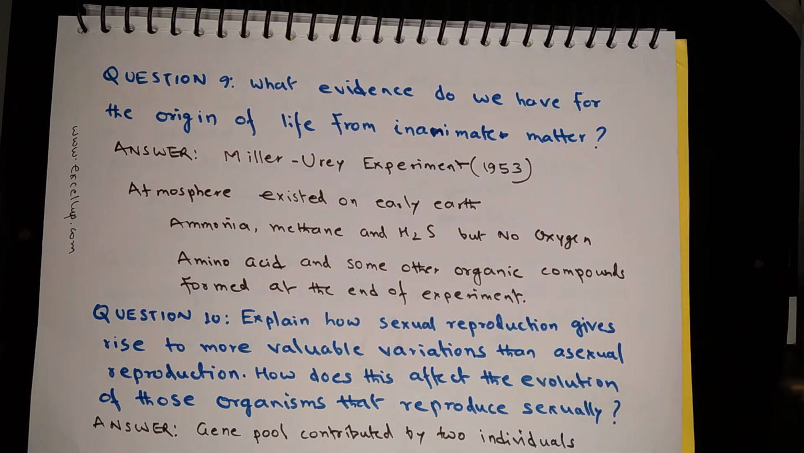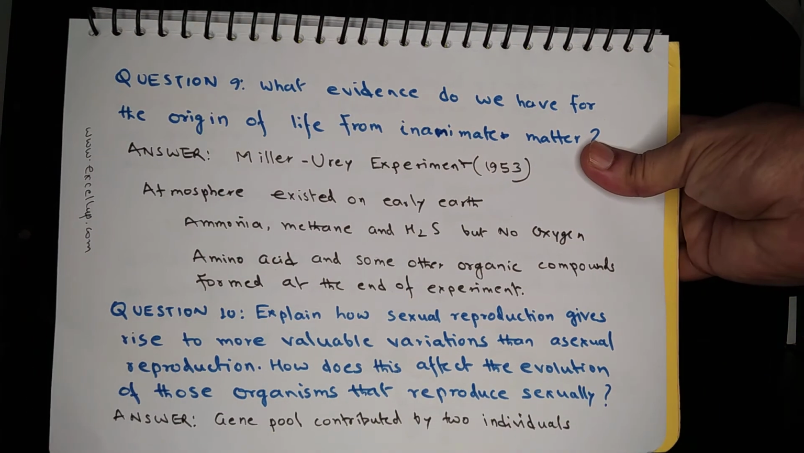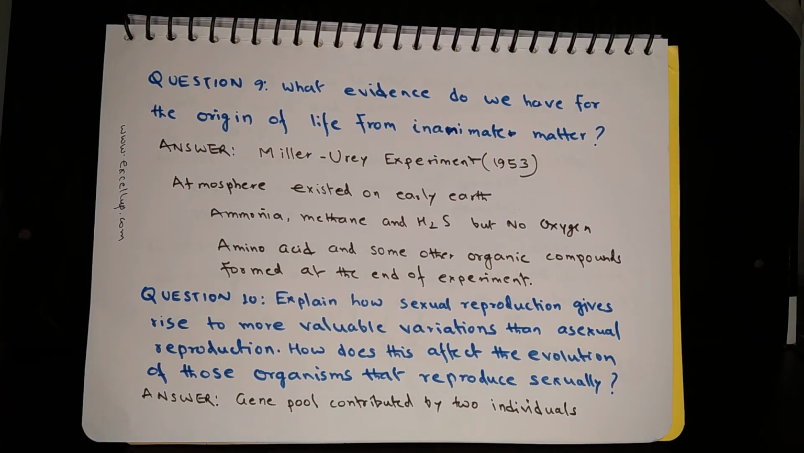Question 10. Explain how sexual reproduction gives rise to more valuable variations than asexual reproduction. How does this affect evolution of those organisms that reproduce sexually? In case of sexual reproduction, the gene pool of the offspring is contributed by two individuals. So because genes are coming from two different individuals, there is greater scope for various permutations and combinations of